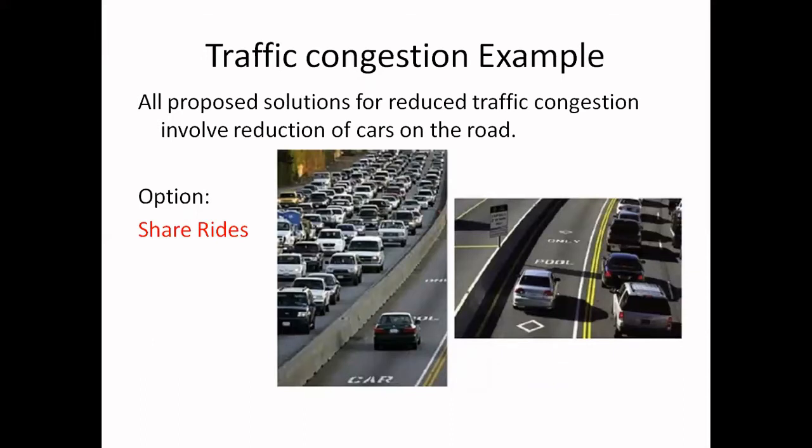Let us take the example of traffic. This is the example from the book. There is a problem of traffic congestion also. There is a road and multiple cars, and they want to be on the road. Why is there this congestion? The congestion is because there are more cars on the road, and the road was built for fewer cars.